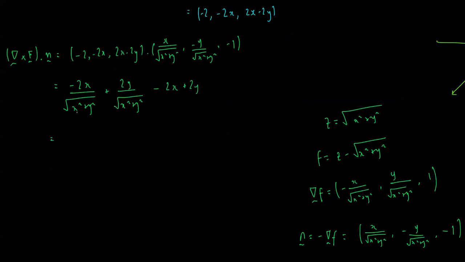So that's equal to, well, they add up nicely to give me 2y minus 2x on the square root of x squared plus y squared,